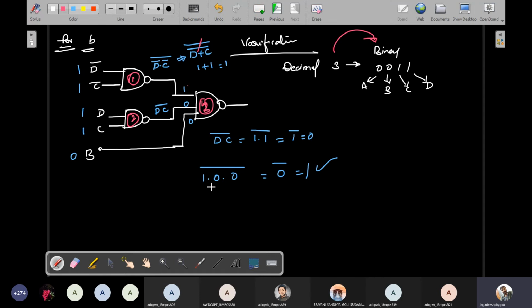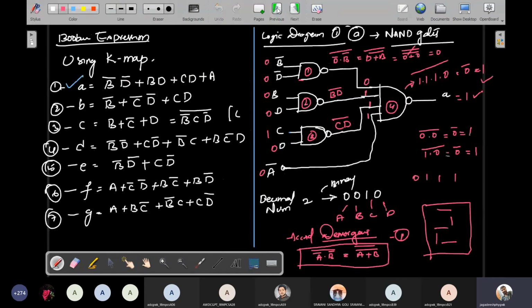You will get 1 dot 0 dot 0 whole bar, because if this is A B C, then the answer becomes A bar dot B C whole bar. No need to consider that, because you are confused again. I already used the ABCD terminology. That's why simply 1 dot 0 dot 0 whole bar. So for decimal 3, these are the binary information ABCD. Your output for B for 3 is 1.